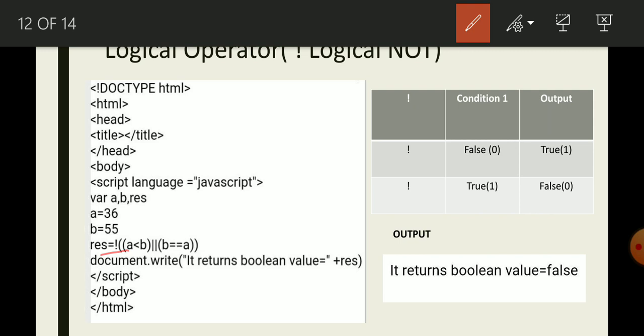That is the NOT operator. So this whole statement returns true, but because logical NOT is there, the RES variable stores the false value and displays it on the web page. You can see the table here: false becomes true and true becomes false because of the logical NOT.